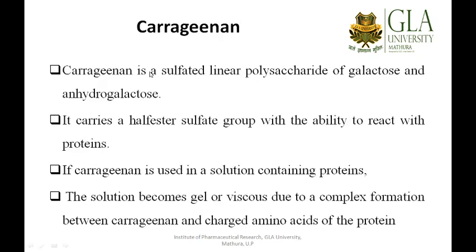Coming to another example, carrageenan. Carrageenan is a sulfated linear polysaccharide of galactose and anhydrogalactose, and it carries a half ester sulfate group with the ability to react with proteins. So we can also use the property of carrageenans to complex with certain types of proteins, that is, the charged amino acids of proteins. You can see the solution becomes a gel or viscous due to complex formation between carrageenan and the charged amino acids